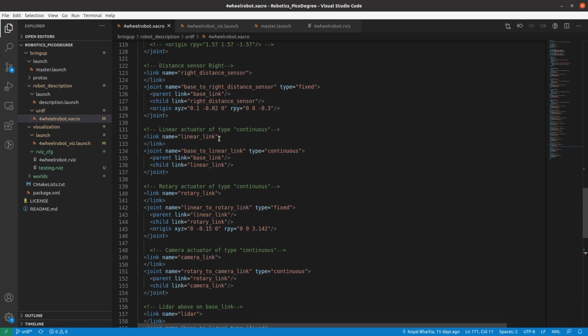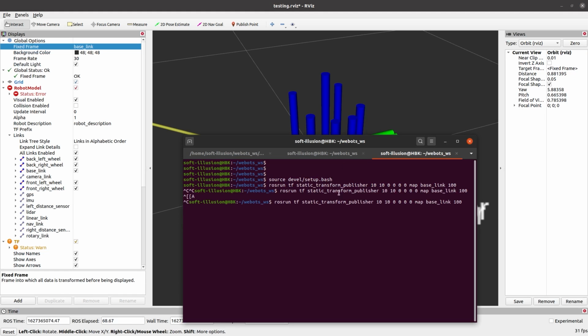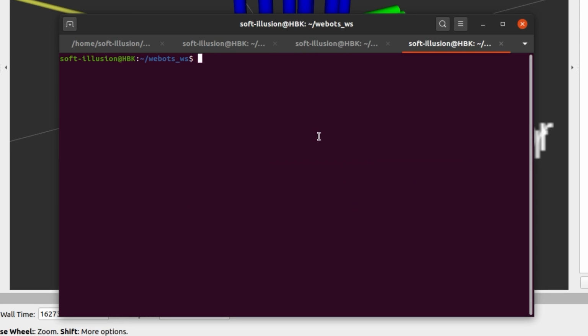This is because the linear actuator and also the camera actuator are still continuous, and hence this joint which connects the base link and the linear link, or this joint which connects the rotary link and the camera link, does not yet have a position. This is because this is of the type continuous. If we publish the two transforms, you will notice that the error disappears.